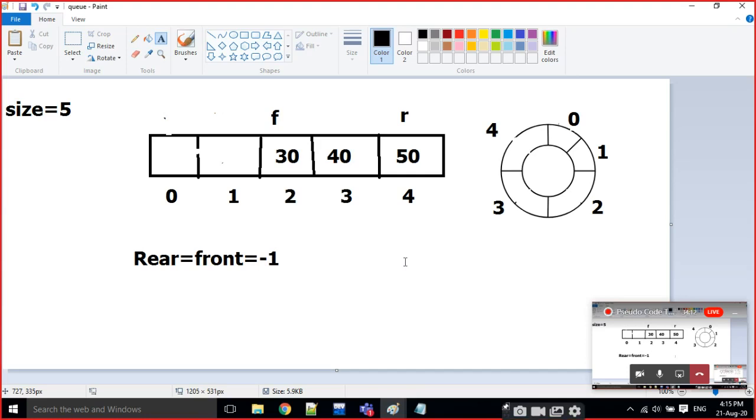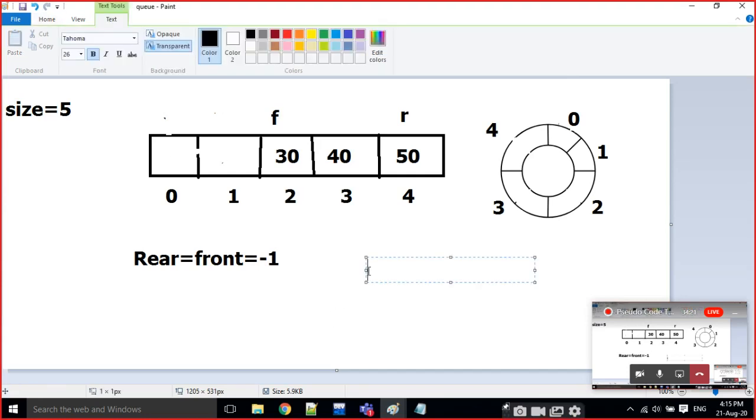That is not a valid index, right? Now what do we have to do? I go back to the 0th position. For example, every time we use r plus 1 mod n. What is the value now?